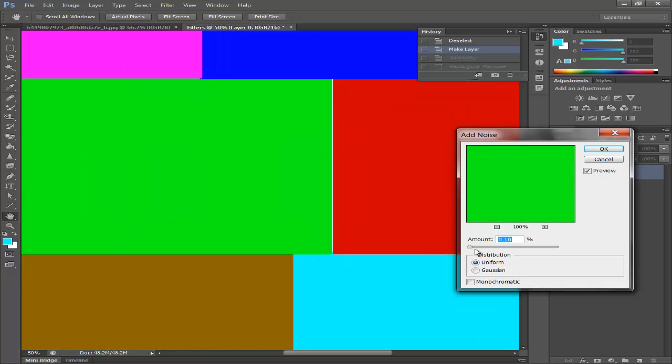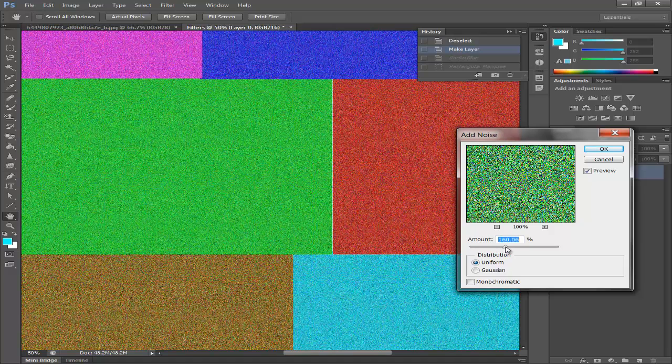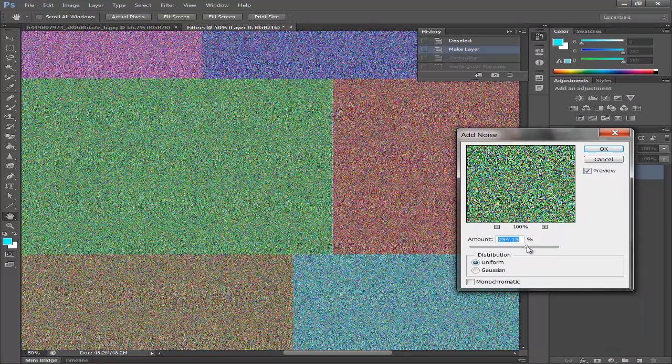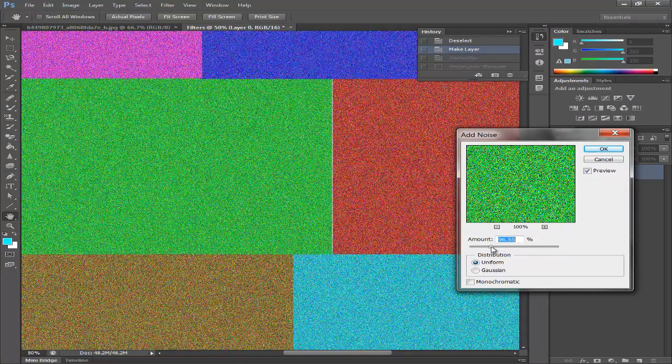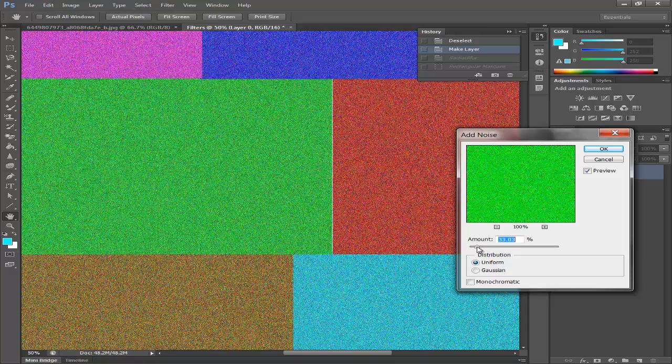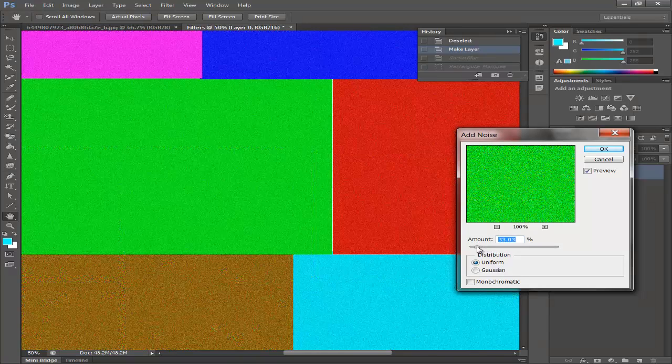So if I scroll back to 0, you can hardly see any noise. But if I scroll up, you should start seeing noise forming. I would not recommend you go past 100% with the noise. But let's go to around 35 and you get this nice matted texture that is perfect to use on some other